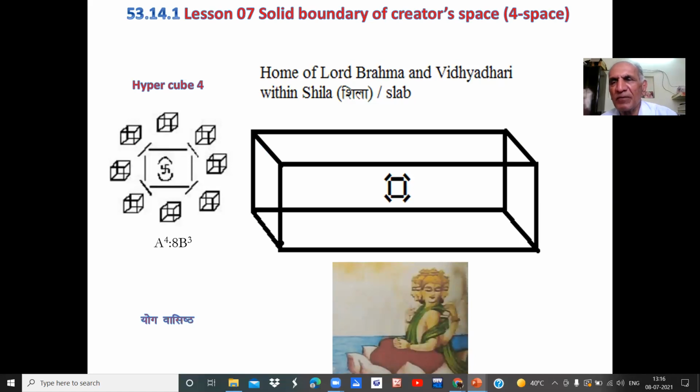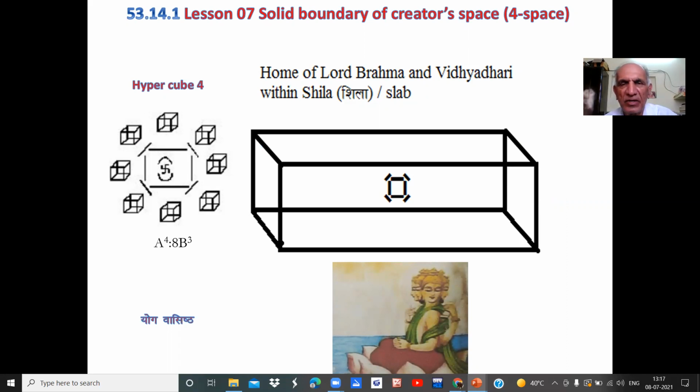Spatial dimensional order to solid boundary is going to be a transitional, sequential progress from the previous phase and stage of our initiation, to be parallel with Vedic systems, Vedic mathematics at the base of organization of the text of Srimad Bhagavad Gita as well as of other Vedic scriptures.